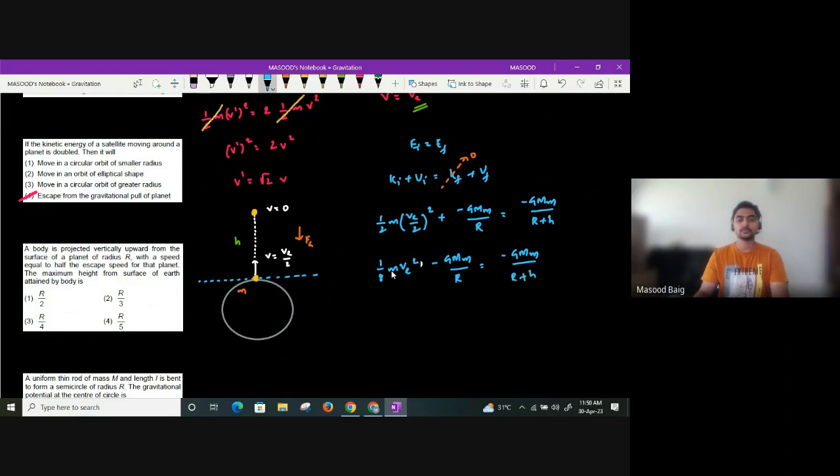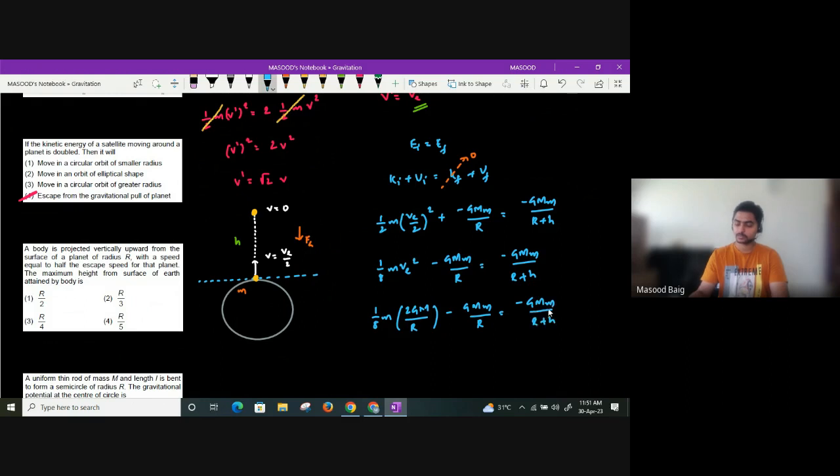What is VE from the surface of the earth? It is root over 2GM by R. So if I write VE square, what will it be? I'll get it as 2GMm divided by capital R. Will you get it or not? Minus GMm divided by R should be minus GMm divided by R